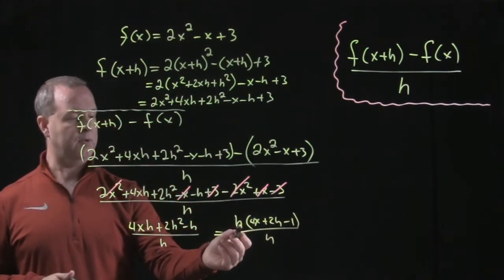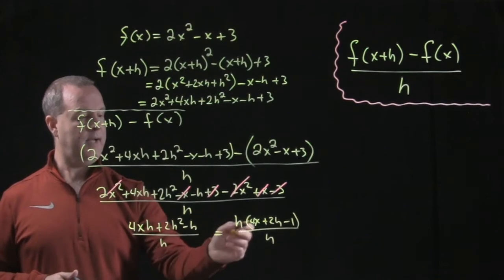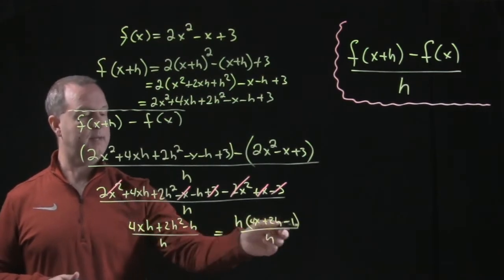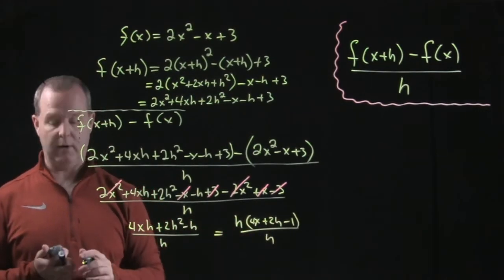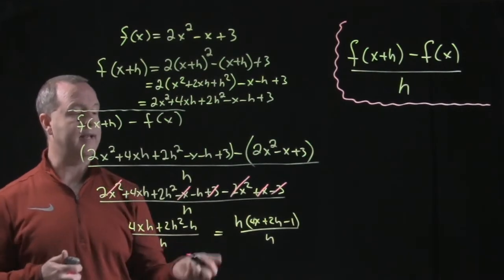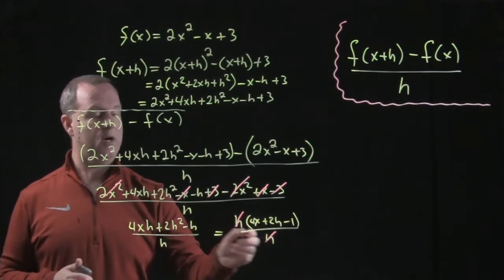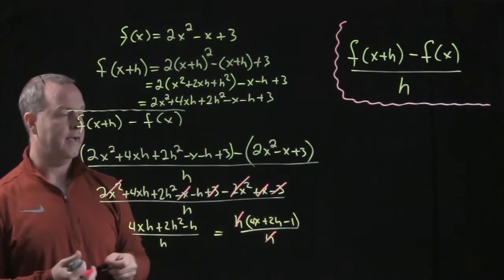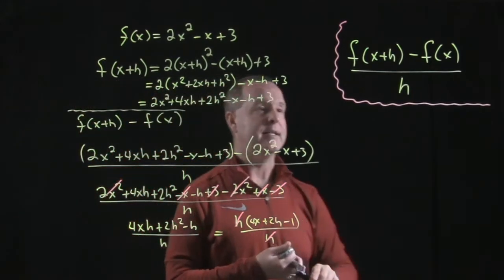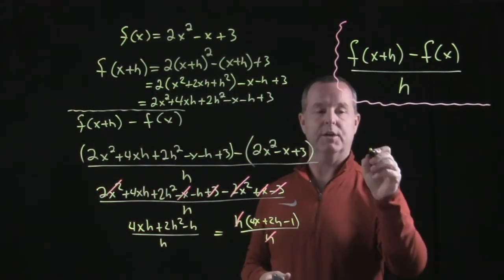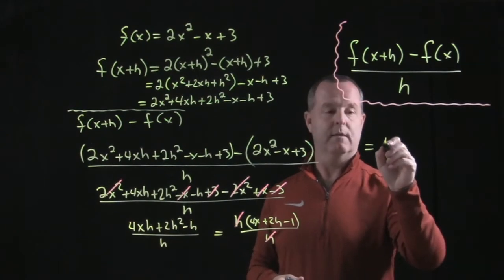And let's just work that backwards. h times 4x gives 4xh, h times 2h gives me 2h squared, h times 1 gives me a negative h, all over h. From there, we can go ahead and factor out an h on the numerator and the denominator. And then what's left of this entire average rate function is 4x